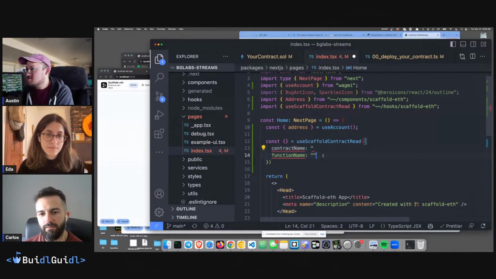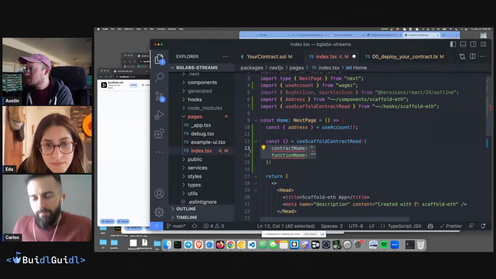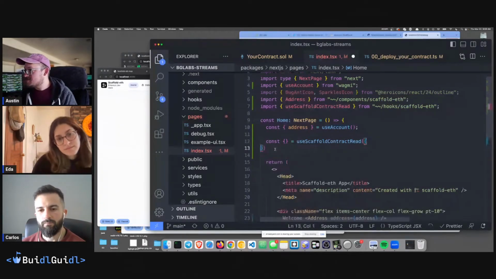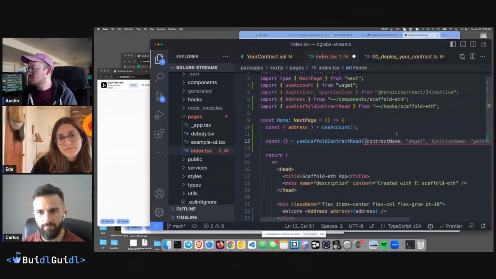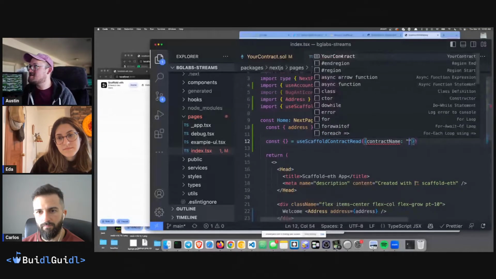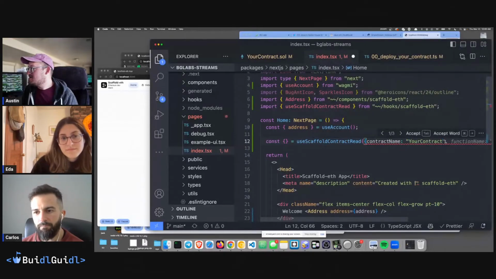I open up these curly braces and hit control space or command space to get the thing I want to put in, and then as I go to put that thing in, I hit it again and it says, here's the contract. It actually finds my contract. That's really nice. Okay, and then function name.